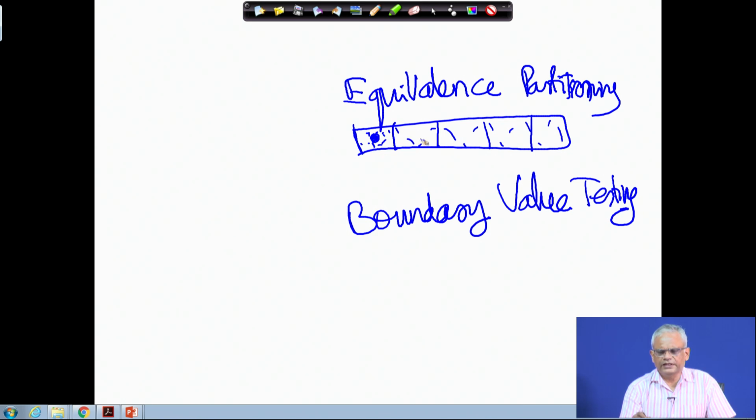So, we define the equivalence classes and we select one element from each equivalence partition. We had taken several examples, if you look at the lectures, on how to define the equivalence classes and what happens when there are multiple parameters which define